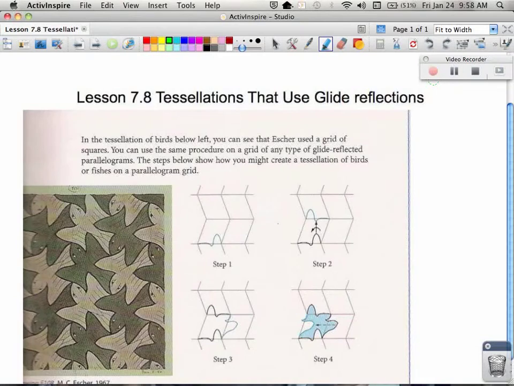In our last lesson in this unit, Chapter 7, we're going to talk about glide reflections. Remember that phrase, glide reflection. So a glide reflection is what we see currently here on the page. And I notice that this glide reflection